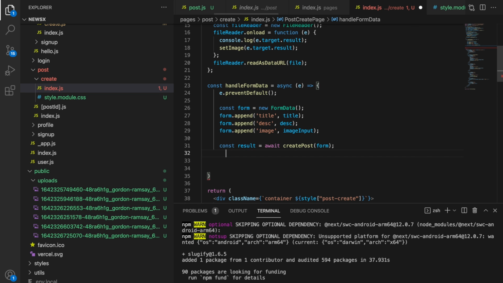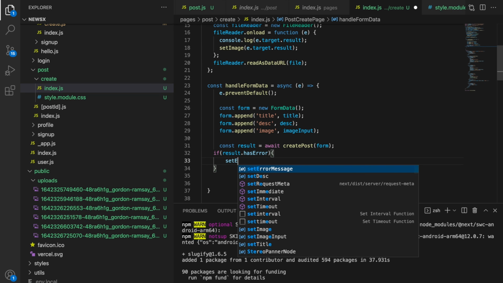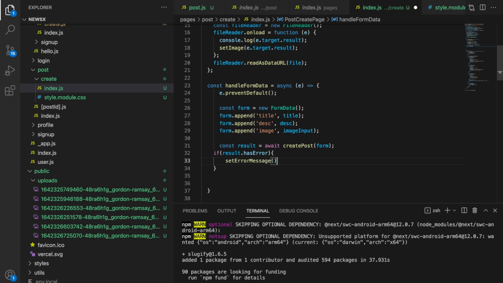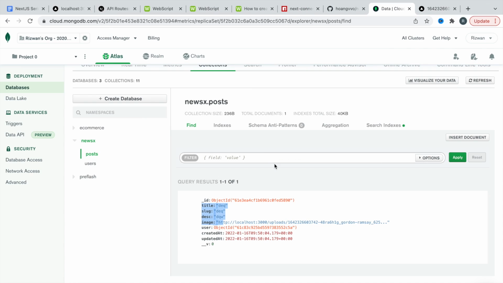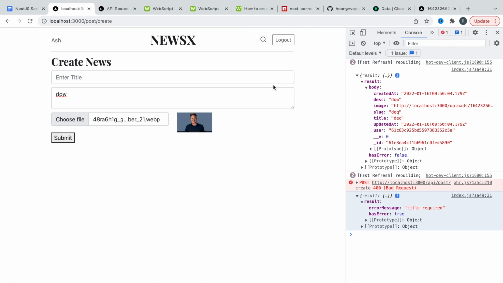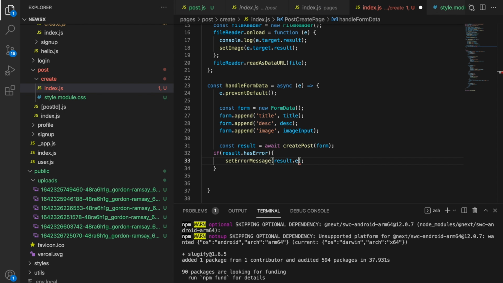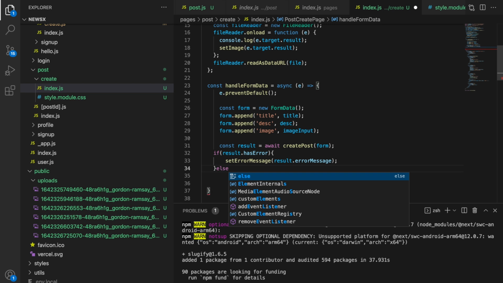If result dot has error, if has error true, then we'll say set error message, and say result dot error message. Cool. And else